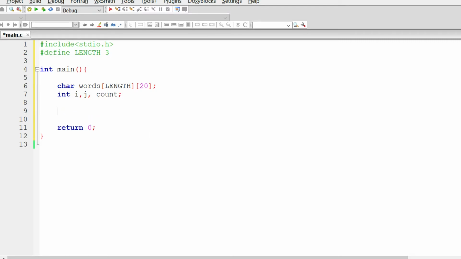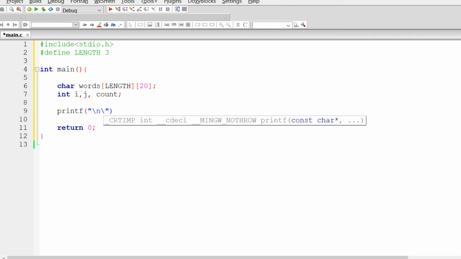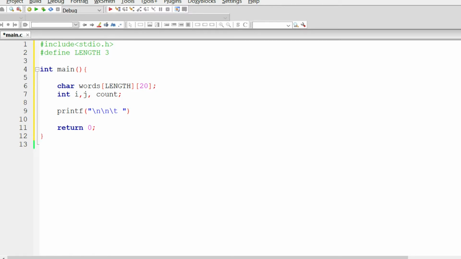So we will get the input from the user, so I'm going to display a message with printf saying input from the user. As you know, for an array we have to use loops to get input, or else it's going to be very time consuming, so I'm going to use a loop.